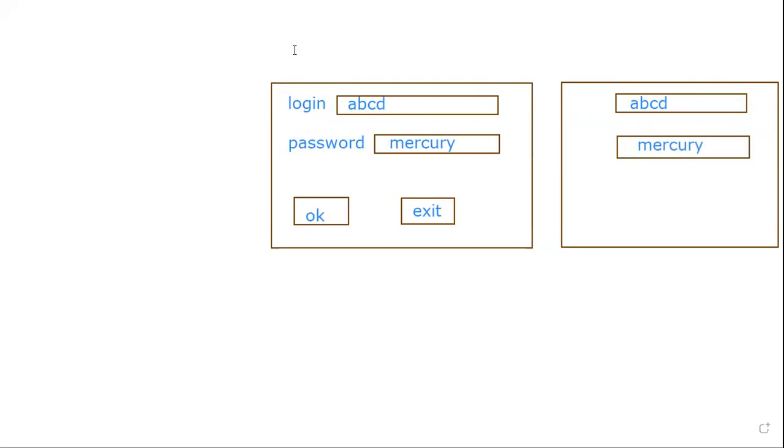Now what I have to do is click on the OK button. When I am clicking on that OK button, it represents that there lies an action, which is a push button.